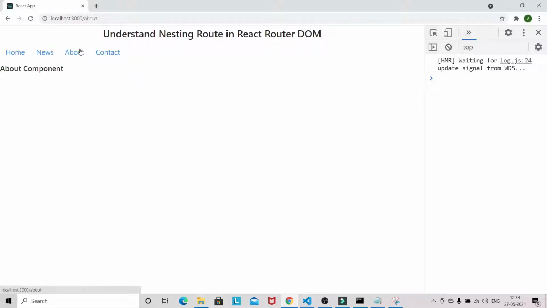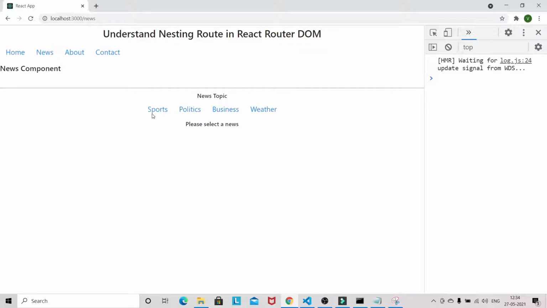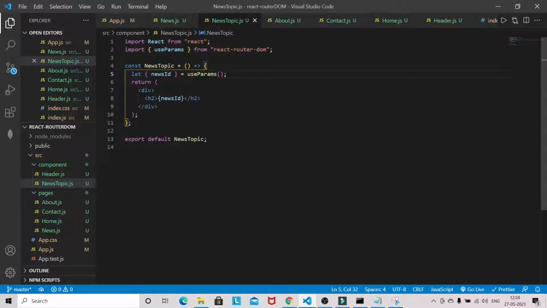Let's go to about and come back to news. At the moment we haven't selected anything, and if you select a specific news topic, it gets changed with this approach also. Either you can destructure or you can access params.newsID.